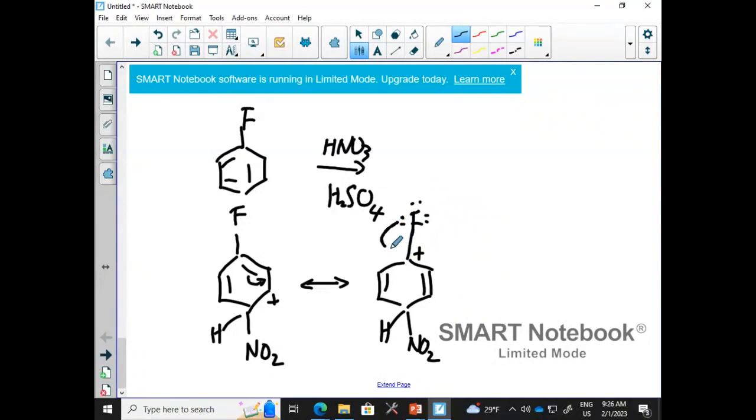And that's the reason why ortho and para are strongly preferred, because of the additional resonance form. You will not be able to write it in the case of meta